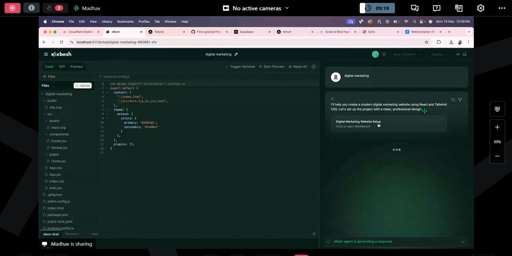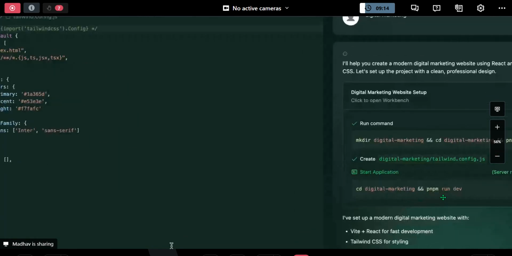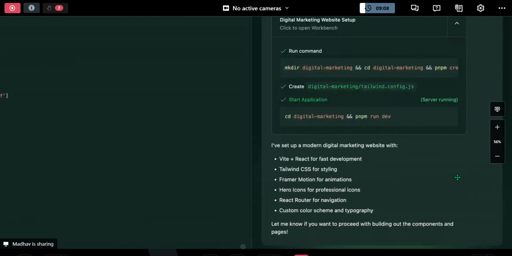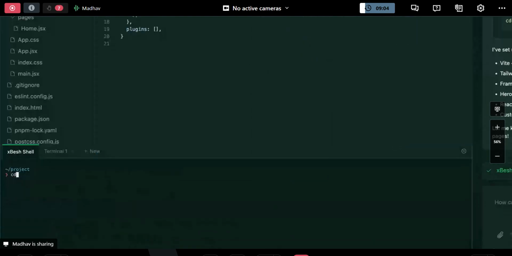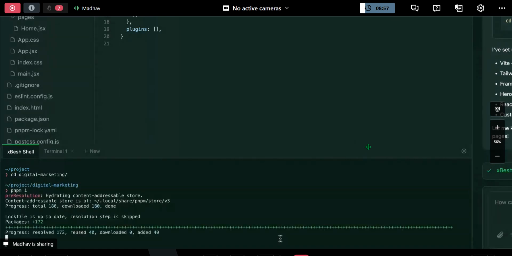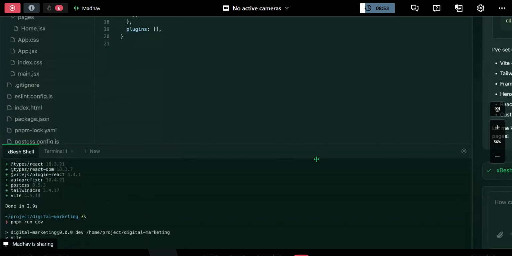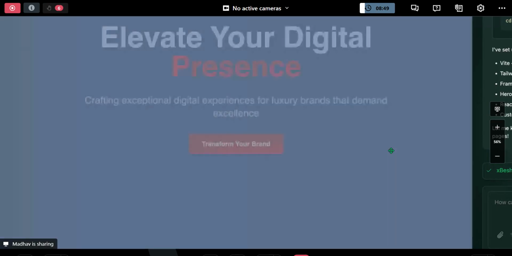We don't have to bother about it much. Here we go. pnpm run dev, or we can click on start preview also. This is simple. Now it is working.